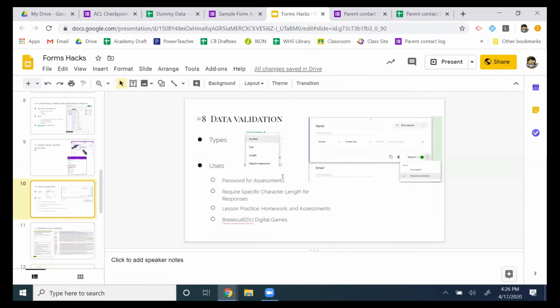Passwords for assessments. The input has to be XYZ, and that's the password whenever they have to take the test in class, and you tell them today's password is XYZ, and they type that in. Or